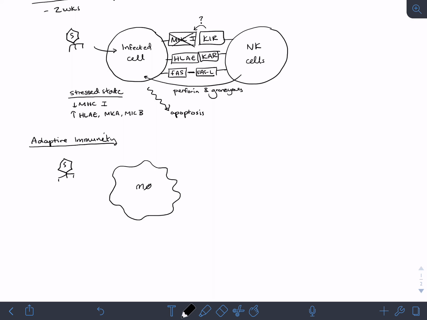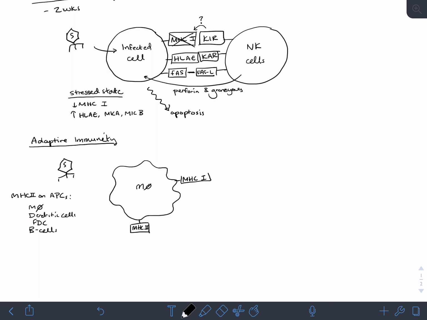And remember how we said MHC class 1 is found on all nucleated cells? MHC class 2 is only found on your professional antigen-presenting cells. So MHC2 on APCs. And what are your APCs? Macrophages, dendritic cells, also follicular dendritic cells, and also B cells. These are your professional antigen-presenting cells. So everything has MHC1, but MHC2 is only found on these different types of cells. So you're going to have MHC2 and